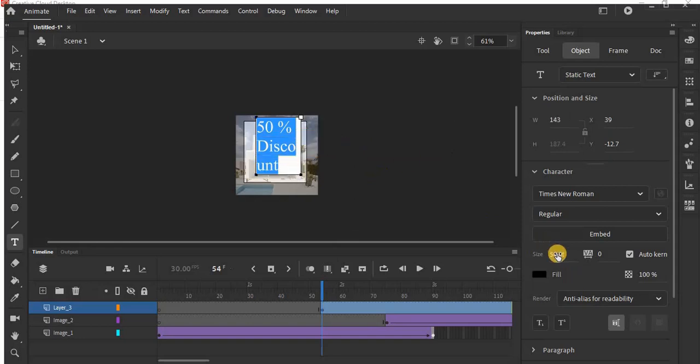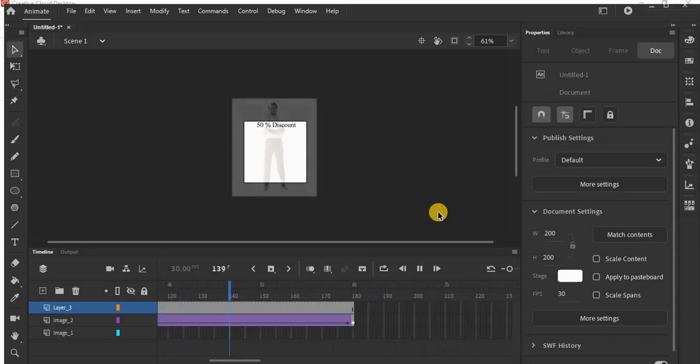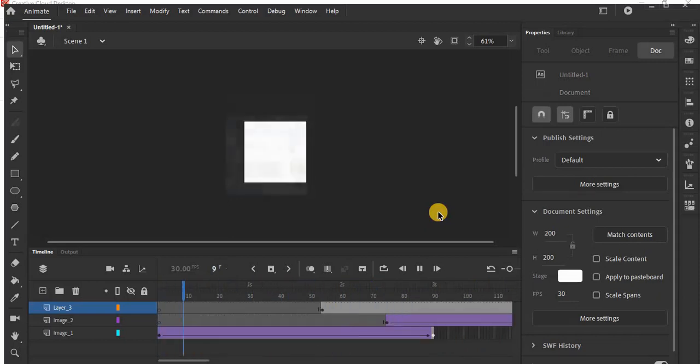We can make it even smaller so it will fit our window. Okay, so we can have this over here, 50% discount. So if we look at our animation, now 50% discount comes in,